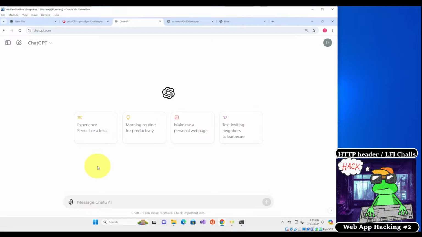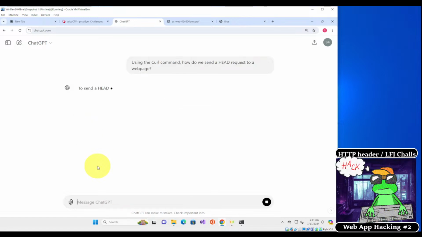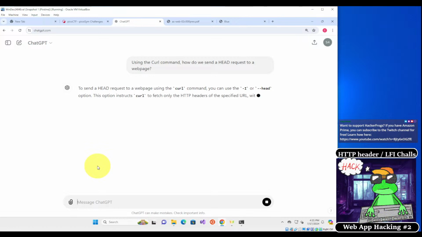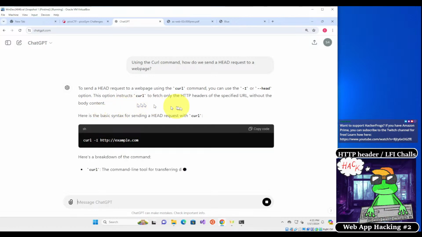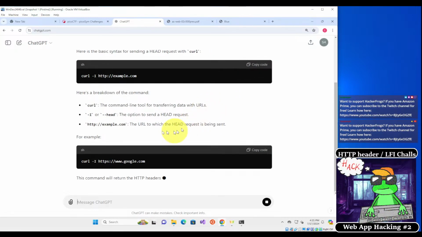So I would ask, using the curl command, how do we send a head request to a web page? Okay, so we ask this question, and it says to send a head request to a web page using curl, you can use the